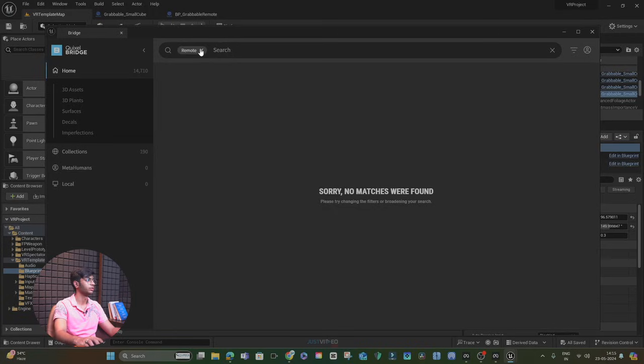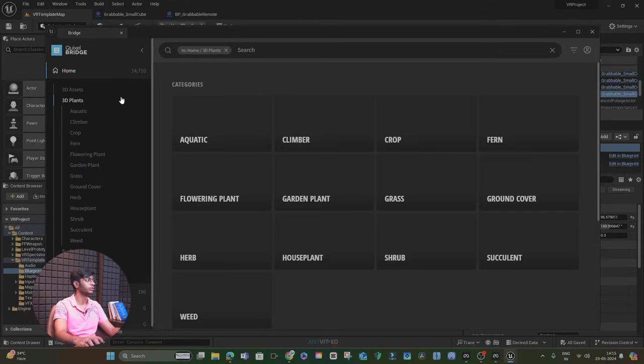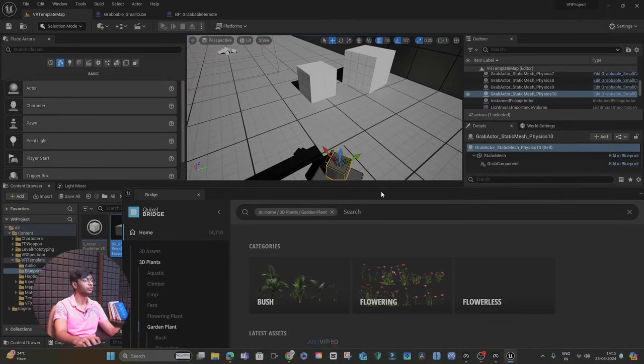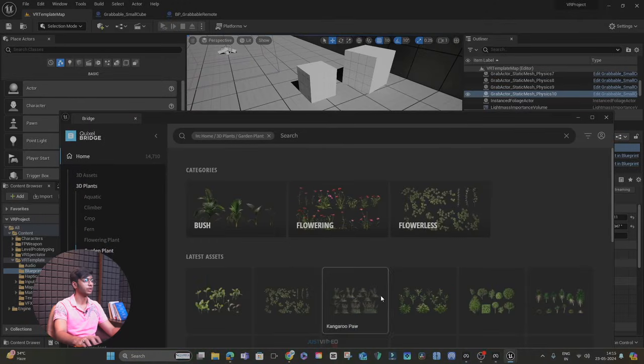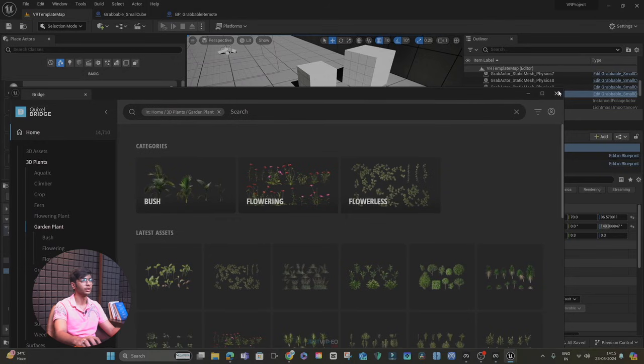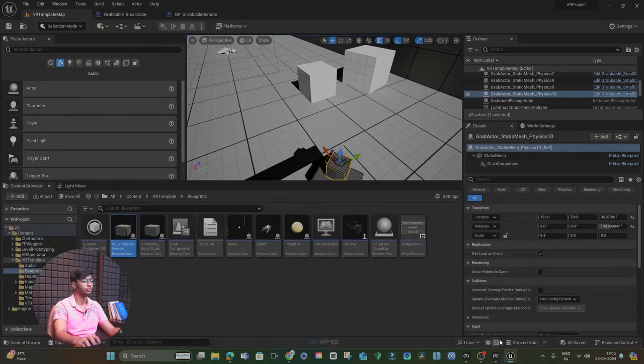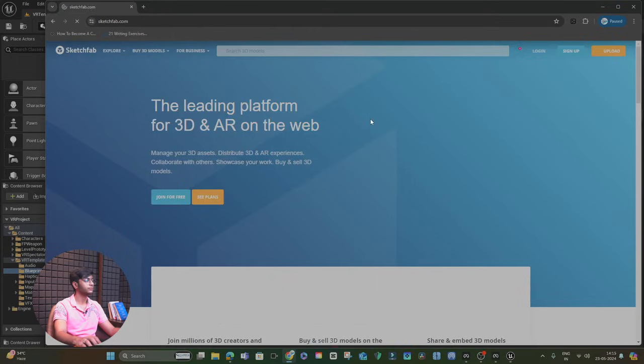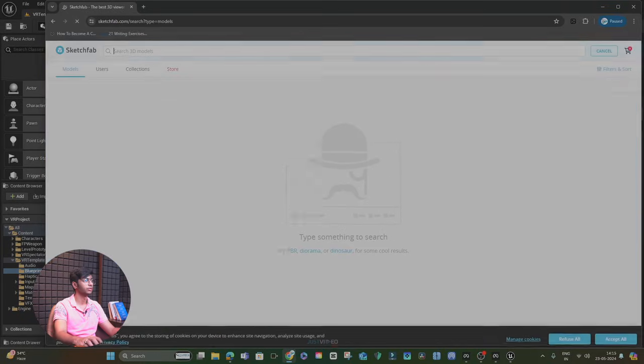Okay, so there's nothing on here, but basically we can also get some other things like, basically what the remote is going to do is it's going to change the actor's mesh, so we can download those meshes from here. I'm going to get that soon, but first let's just get the remote itself. So I'm going to go to Sketchfab here, and I'm just going to search up